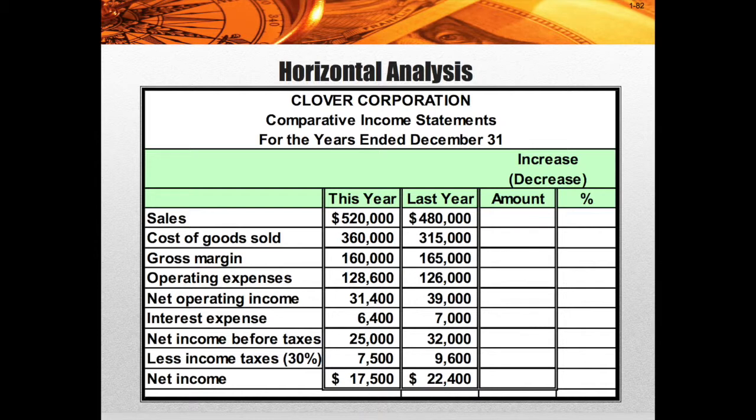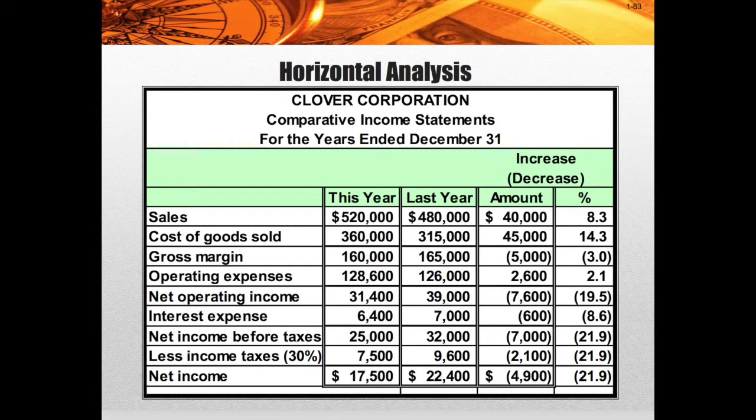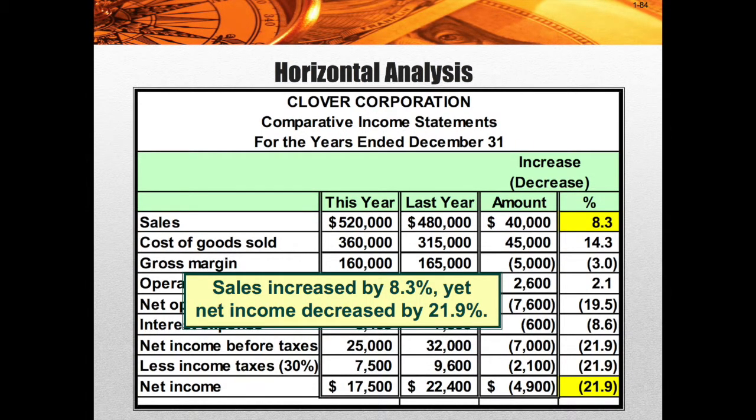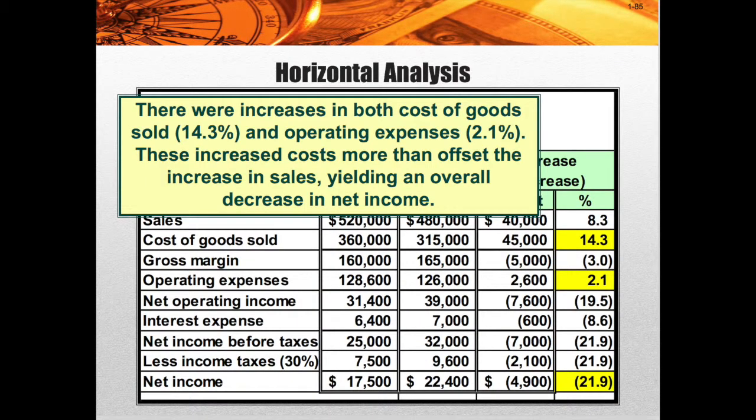And so we just run through the same numbers for them and calculate that this year's sales minus last year's sales, we have 40,000 more in sales. And if we divide that by last year's sales, we have an 8.3% increase in sales. So these numbers are pretty easy to calculate. If we go through all of the rest of the calculations, we get down to the bottom of net income, and we say that sales increased by 8.3%, but net income decreased by 61.9%.